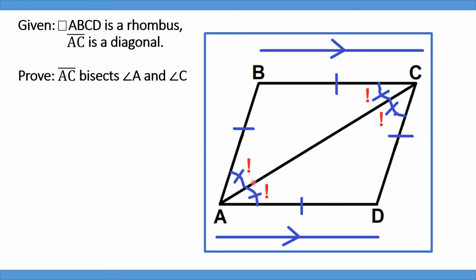Now, how could we make these two congruent? Well, of course, by using the parallel lines. Remember the PAI theorem. If two lines are parallel, then its alternate interior angles are congruent. So with this one pair alone, angle BCA and angle DAC are congruent because of the PAI theorem. And since these are congruent, then by transitive property, these two must be congruent and these two must also be congruent. And of course, all these four are congruent.